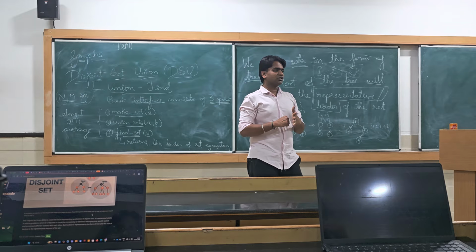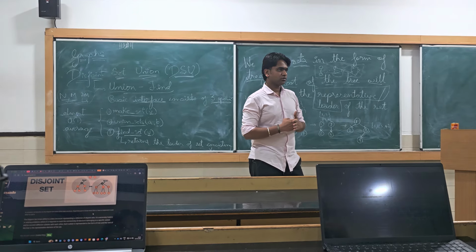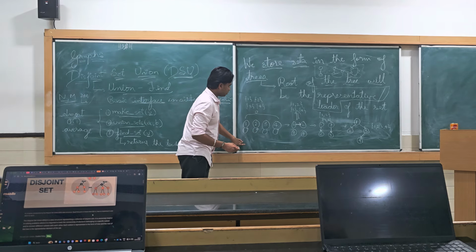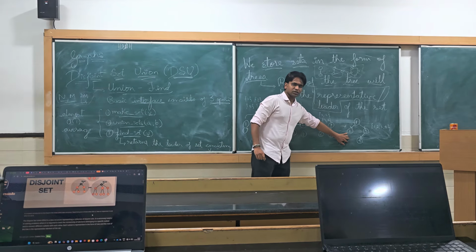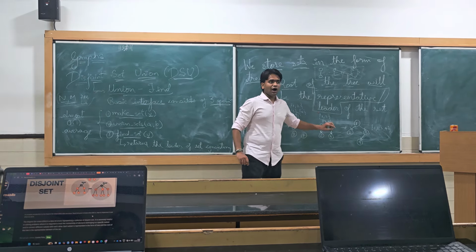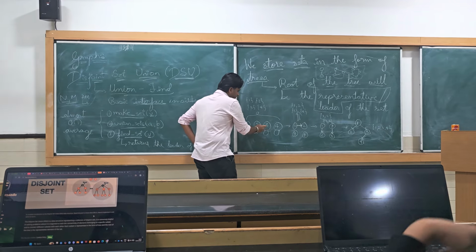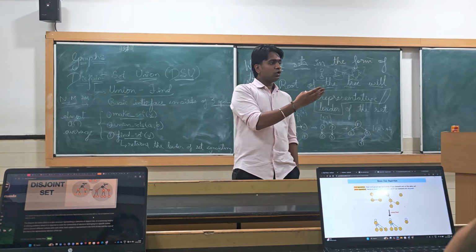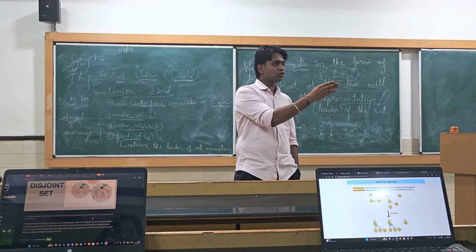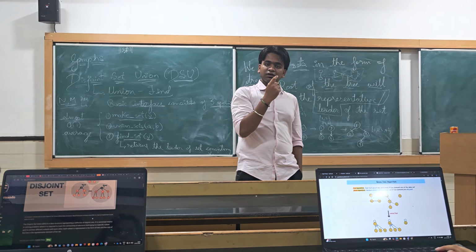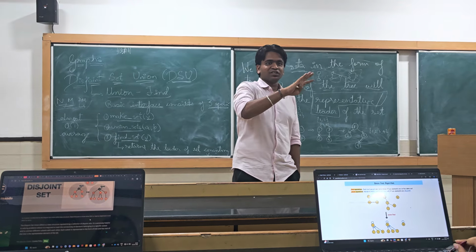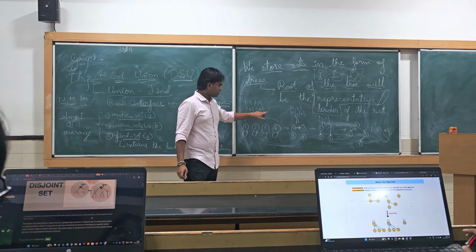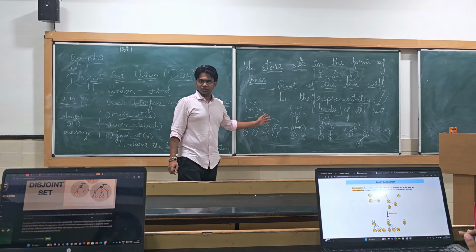in disjoint set? So let's see. Suppose this is my final tree structure, right? How will it start? All the vertices would initially belong to so it would be 4 different sets, है ना? 1 is a different set, 2 is a different set, 3 is a different set, 4 is a different set,